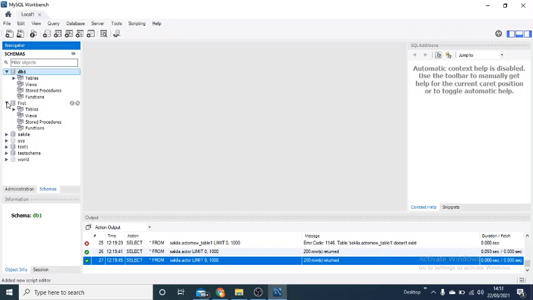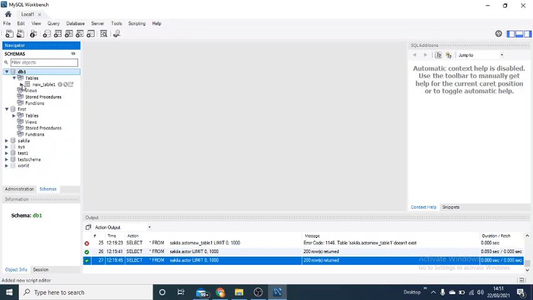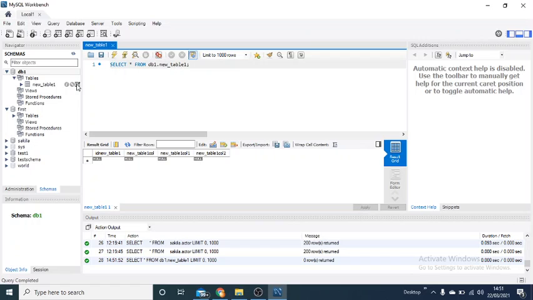If you want to see any details about the tables available in a schema, click on the tables and you will be shown the different tables available under the schema. Here you can see there is a table available. If you want to see what this table contains, just click this icon, and the moment you click it, you will see what is there in this table.